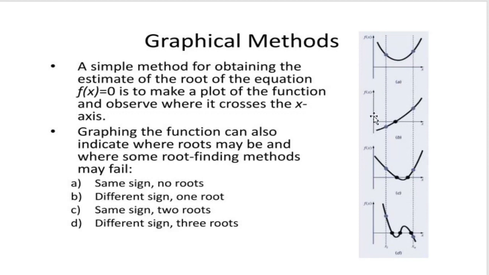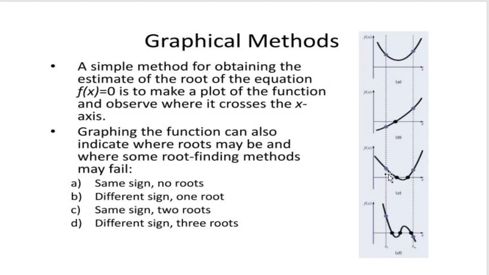If you look at figure B, it is having different signs. Function value at xl is negative, function value at xu is positive. So if the function values of the two limits xl and xu have opposite signs, then it indicates that one root will lie in the range xl to xu. If you look at the third graph,